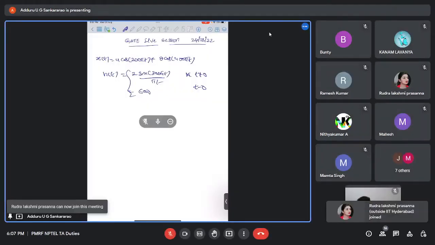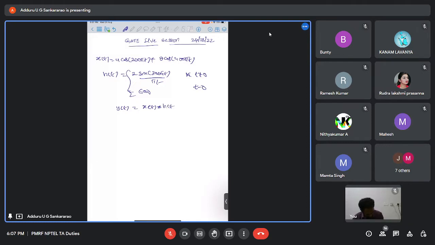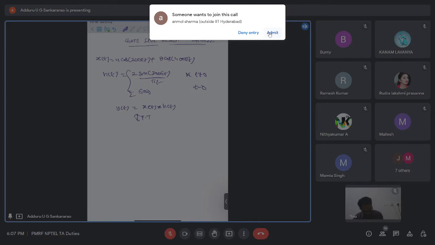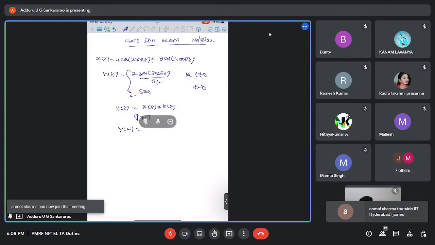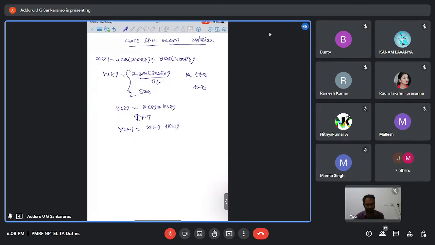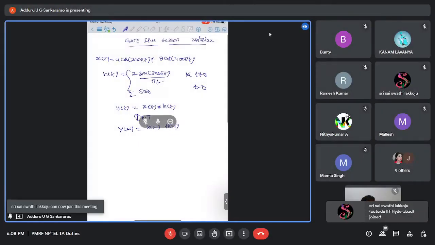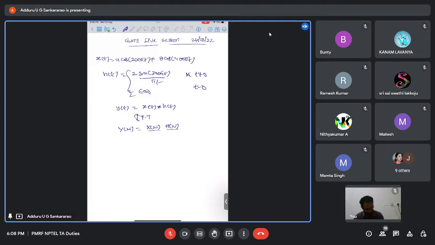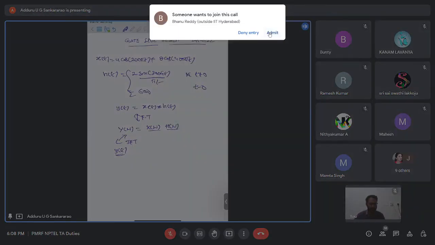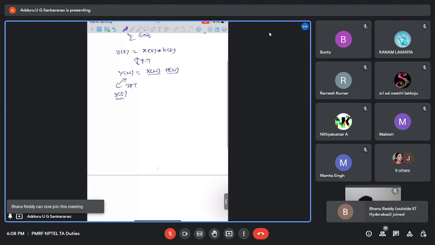Now, since the output y of t is x of t convolved with h of t, if we apply the Fourier transform, the output Y of omega is X of omega into H of omega, since convolution becomes multiplication in the frequency domain. We find the Fourier transform of x and of h, multiply them to get Y of omega, and then take the inverse Fourier transform to get y of t, from which we can find the maximum value. Or else, another way is